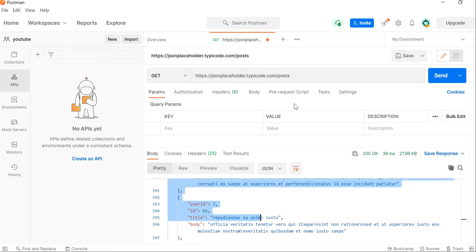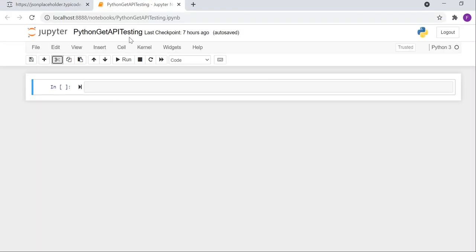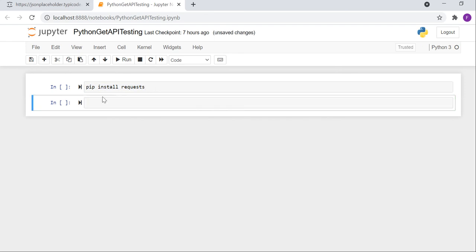Now let's switch over to Python, it will not take much time. In Python I will be using Jupyter Notebook. As I said, I will be using the requests library. To install the library, you can simply write this command, pip install requests, and run this. As soon as you run this, it will install the requests library. In my case, I have already installed it, so I don't need to install it again.